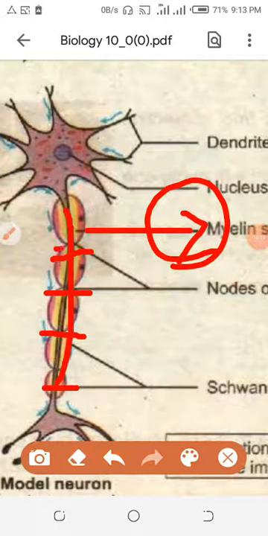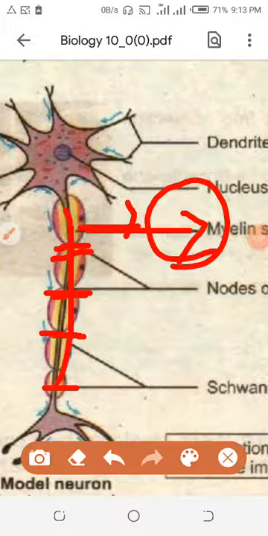You see these areas, there are some points. These are called nodes of Ranvier. So nodes of Ranvier are where the myelinated sheath is not present, but the myelinated sheath is present in patches. The area in which the myelinated sheath is present, that is called one cell. Actually, this full structure is a neuron. Neuron is the complete cell, but we just say cell for these patches, and it is called a Schwann cell.